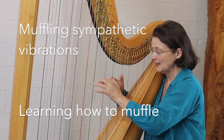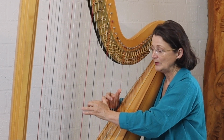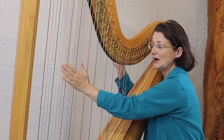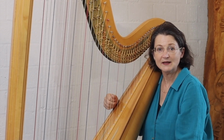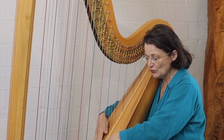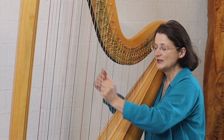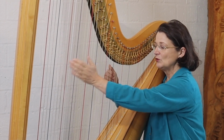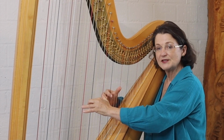And if you play a chord up here, for example, play a nice loud chord at your harp, and then place your hands to muffle on the lower strings. Can you feel them all vibrating? That's the sympathetic vibrations that are started through all of the soundboard vibrating, and it carries through to the whole harp. This gives the harp its richness, but it also means that we need to clean it up sometimes. So the sign for this,